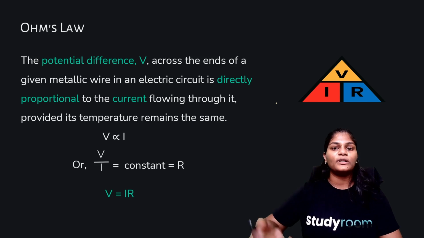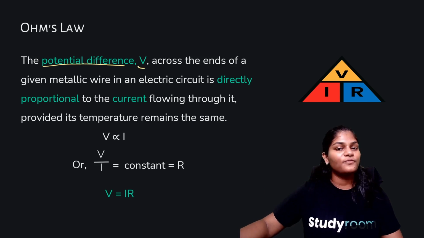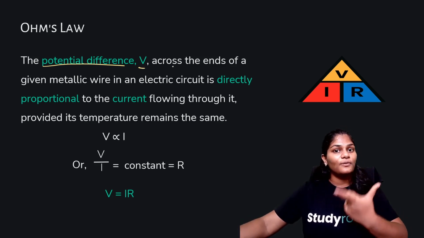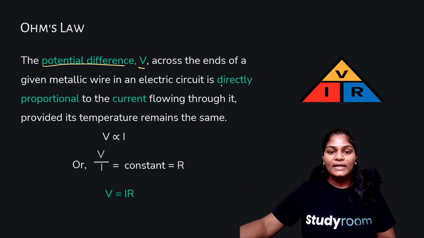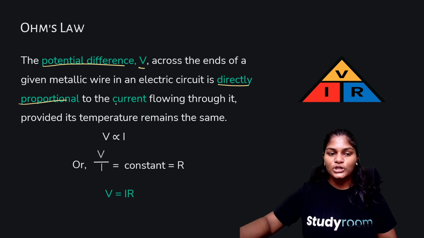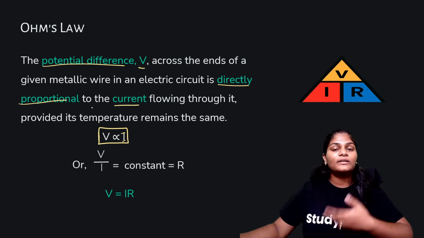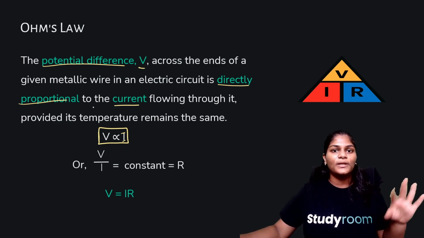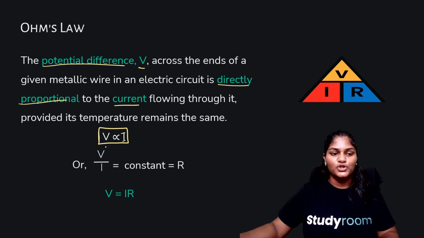Now it's actually written, what I just explained to you. So let's just read in your PPT. It says that the potential difference, or V as we represent it, across the ends of a metallic wire, that is across the ends of any given conducting wire that we have in an electric circuit, is directly proportional to the current flowing through it, or V is proportional to I, right? This is capital I. Provided, like I told you, the environmental conditions shouldn't change, the temperature, pressure, all these conditions have to remain the same. That is when these two are proportional, or V by I is the constant R.